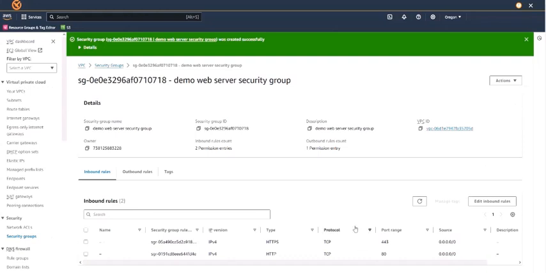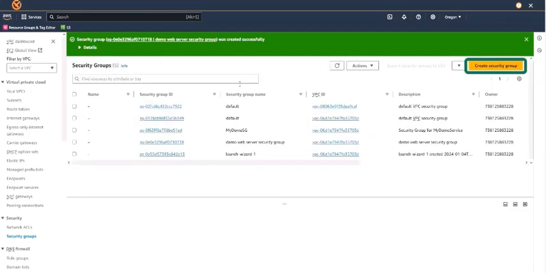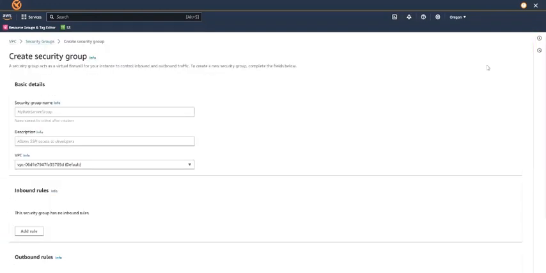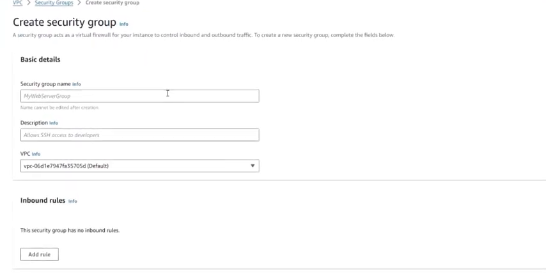So in addition, we need a database security group. So let's create one. Navigate to security group and select create security group on the right side of the screen.